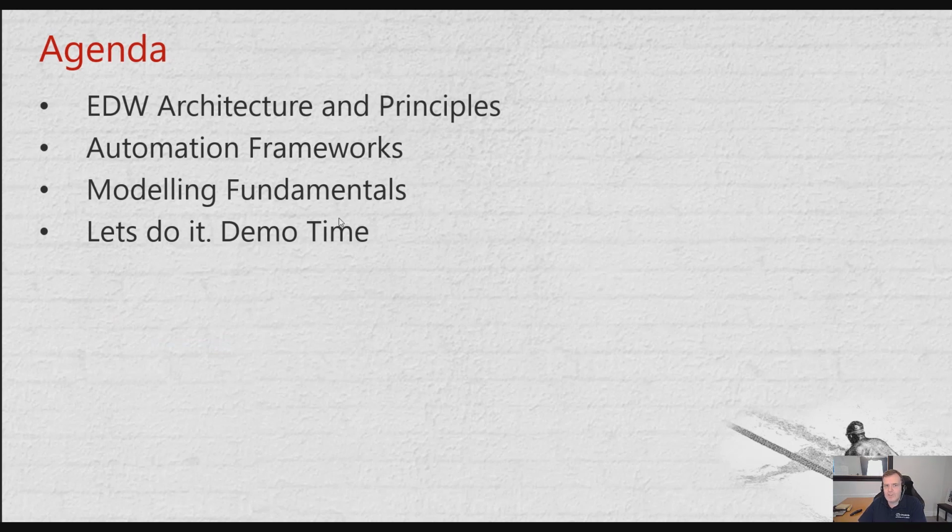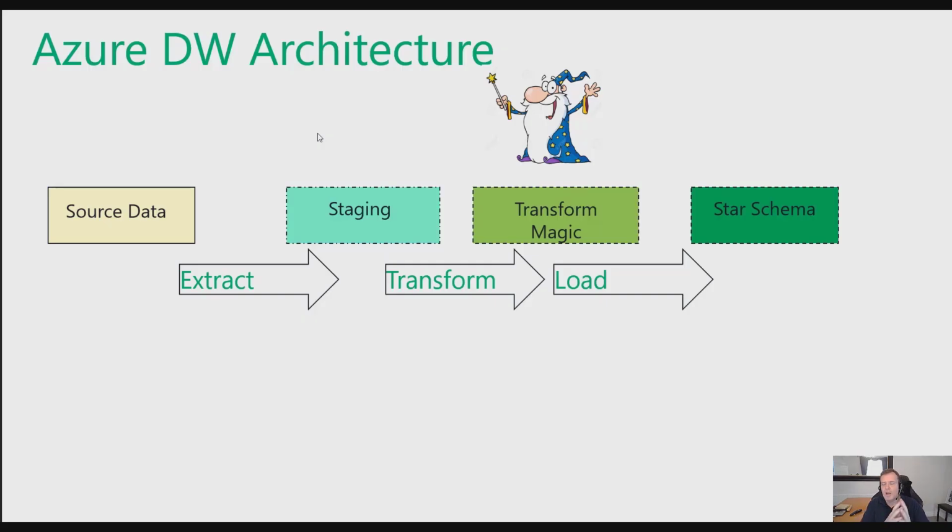So I'm first of all going to be talking about some EDW and ETL design principles and what an automation framework looks like. Then some modeling fundamentals. Most people should understand what a dimensional model and a bus matrix is, but just so we're all on the same page. And then let's actually try and build and populate one as part of a demo, right? So starting off,